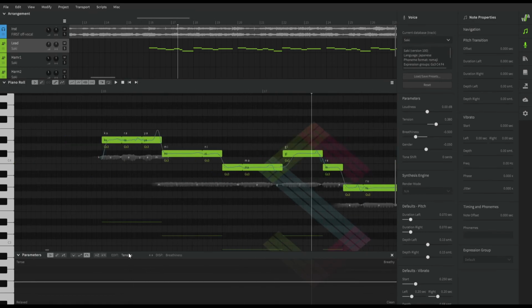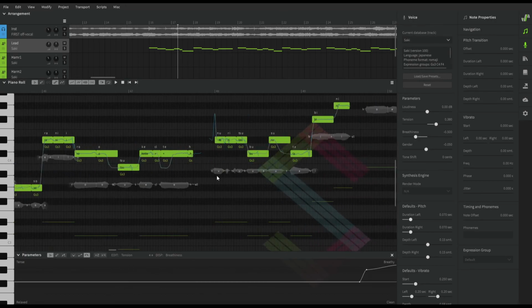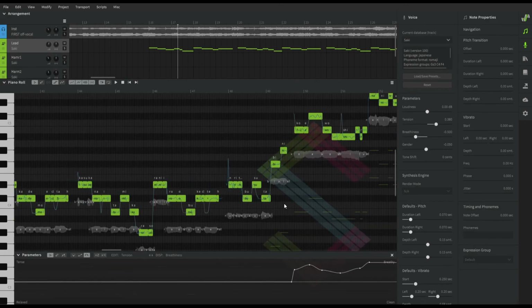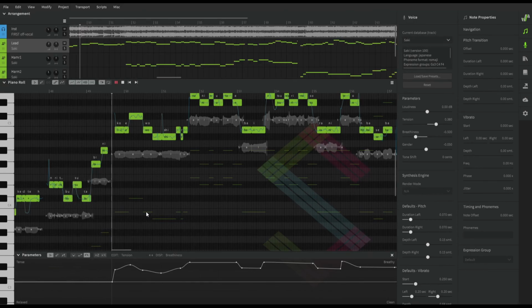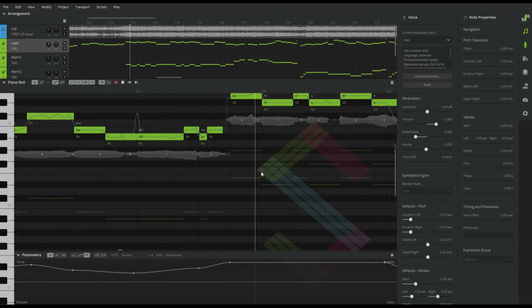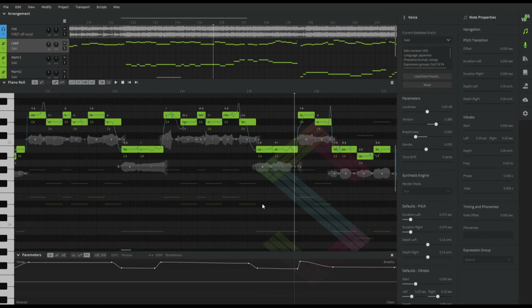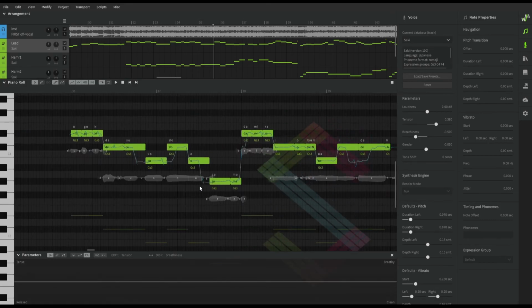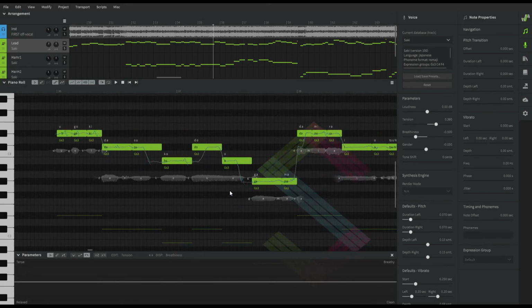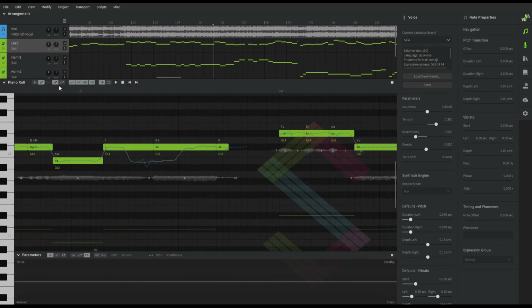So other than that, we have the parameters. I kept tension and breathiness at 0 throughout this whole thing, and then when we get to the pre-chorus is when it ramps up. So you can see how that affects it. Just a bunch of stuff. So you can see how some of these things fit together and how you can have some fun with it. And then these are done with the draw tool,